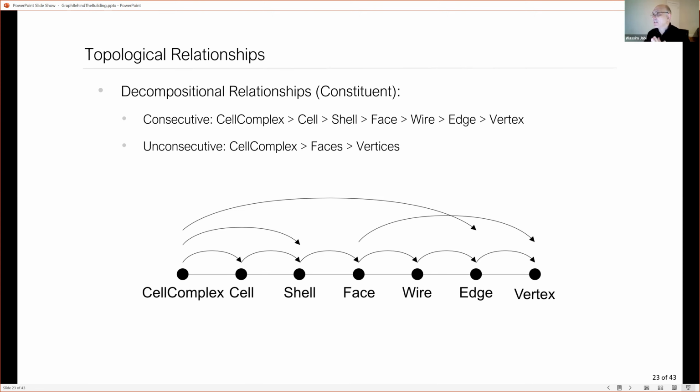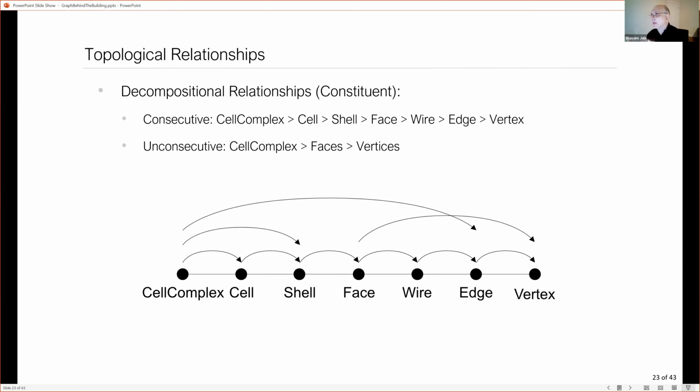But I can also tell the cell complex, I need to paint the interior walls. Please give me all your interior surfaces. And it will give me a unique set of interior surfaces. Or I need to paint the outside of the building. Give me only the exterior vertical surfaces. And it will give me that. So once you have your data structured well, you can get those queries done really, really elegantly. And I can jump over. So you saw that, for example, for a cell complex, I don't have to ask for the cells and then ask the cells for their faces.